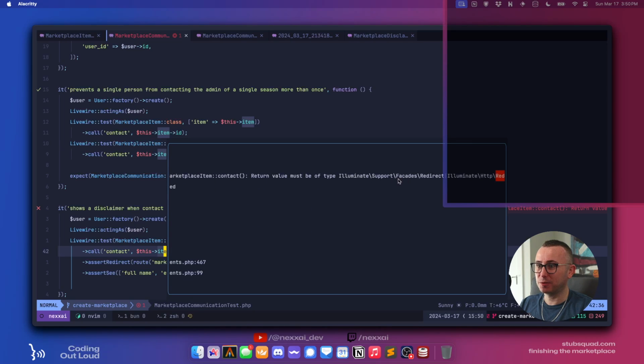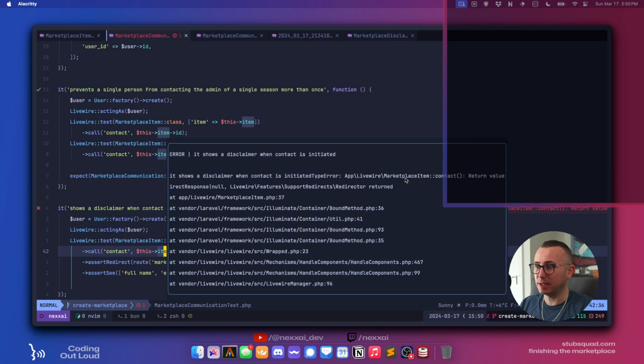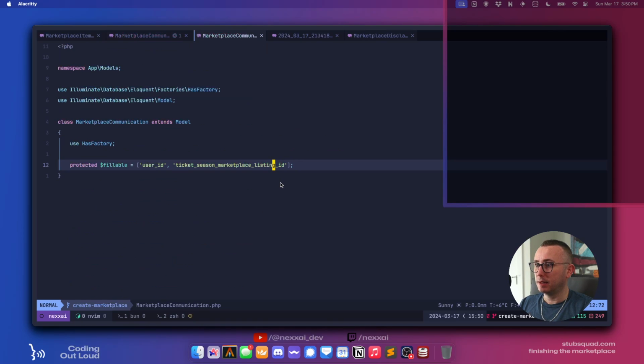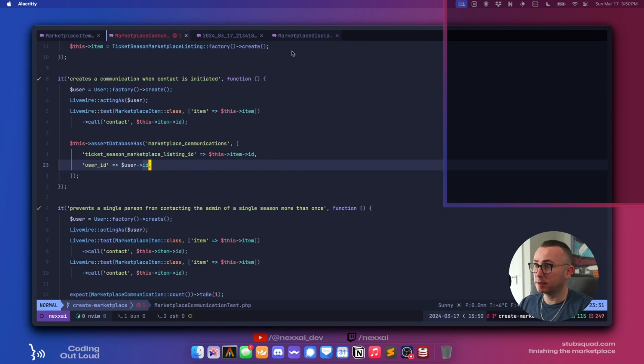So support facades redirect or, let's just yank this so I don't have to keep typing it. Nope, not this. Let's close that for now.